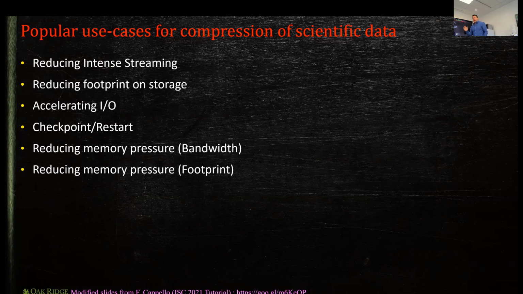one way. If I could compress data at the source side, then I can move much less data. So compression's great. Or if I make it smaller, I can reduce how much storage space you take. If I make it smaller or make it so that you can calculate fast, you don't have to repeat calculations, you just keep it in memory. You can make checkpoints better, and you don't have to worry about accuracy in checkpoints. Or you can reduce things like the memory pressure for the bandwidth and the memory pressure for the footprint. So there's different things that you can do.